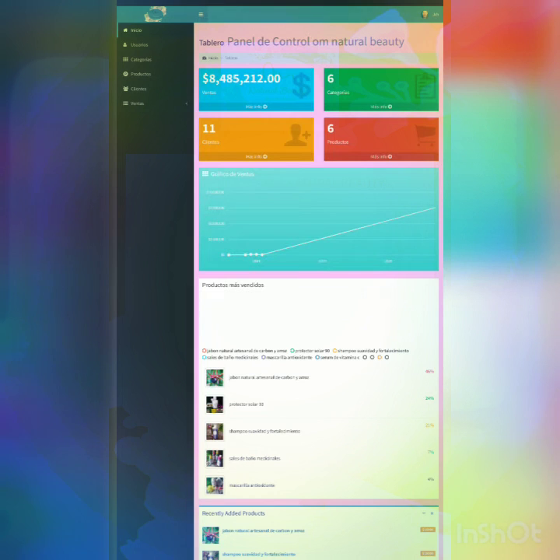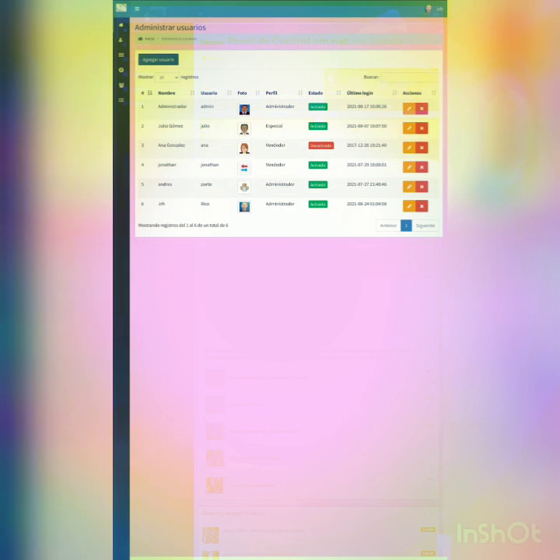The idea or solution that my group worked on was the construction of software that was friendly, intuitive and easy to use for new companies or commerce and personal use, called Home Natural Beauty. It is composed of a login, a homepage, a user manager, a sales and purchasing manager, and a product or store manager.